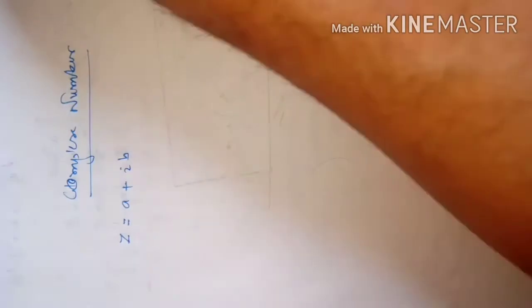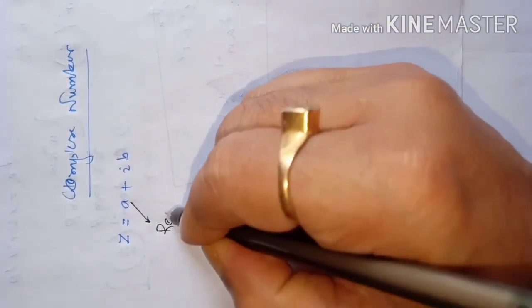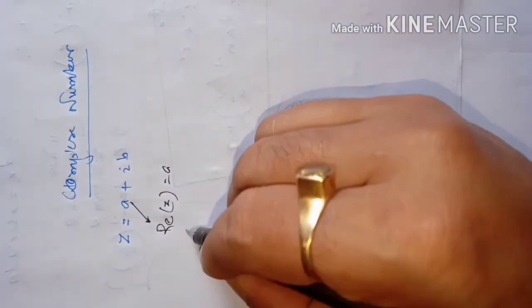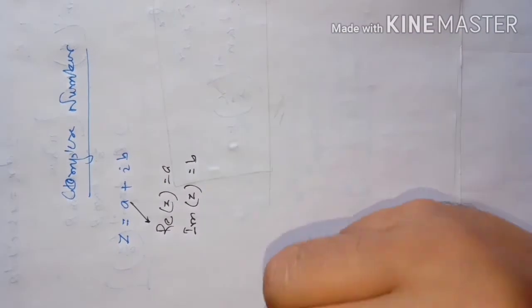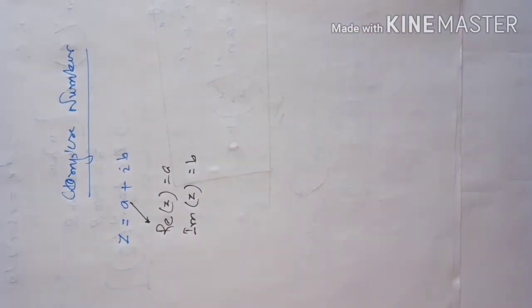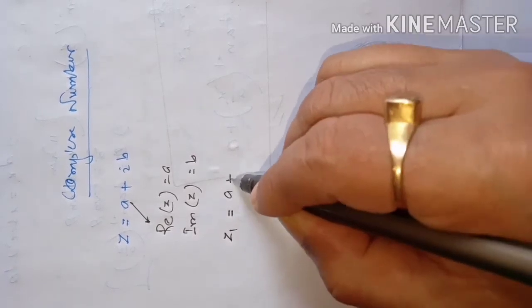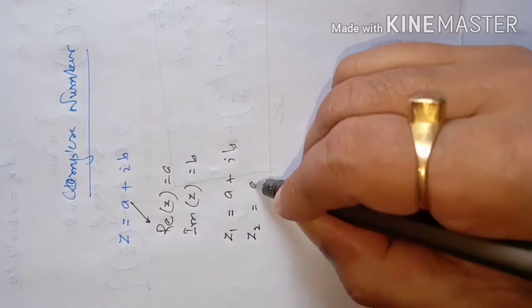Here a is called the real part, we write it like this, a, and b is called the imaginary part. And suppose there is a complex number Z1, say a plus iota b, and another complex number Z2, say